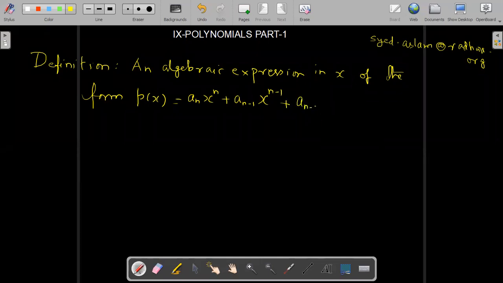a_(n-2) means the powers are decreasing, from the highest power to the lowest one, and it will come up to a3, a2, a1. So a2 x raised to power 2 plus a1 x raised to power 1 plus the last term, which is the constant, that means a0 x raised to power 0. x raised to power 0 is 1, so we are not writing x raised to power 0. This type of expression is called a polynomial, but where